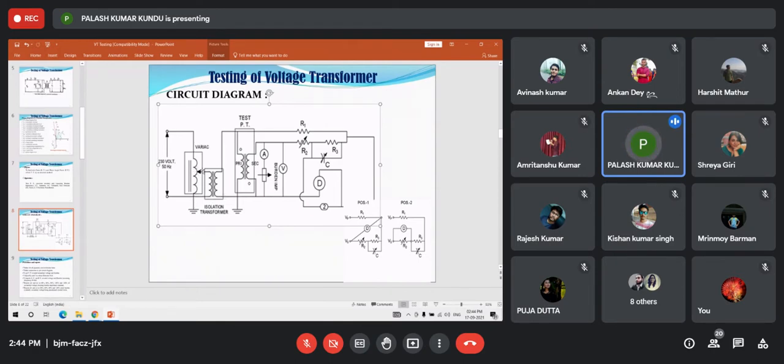Otherwise, what will happen? This is a single phase transformer. It has three terminals, and the common should be grounded. There is a variable secondary terminal by which the turns of the secondary winding, and hence the voltage, can be varied. But there is an equivalent impedance of the load circuit. The load circuit consists of the test VT,